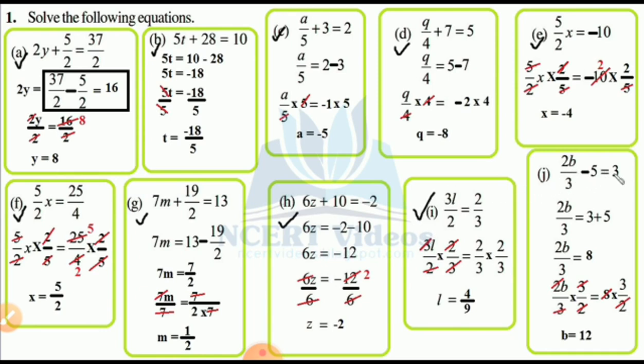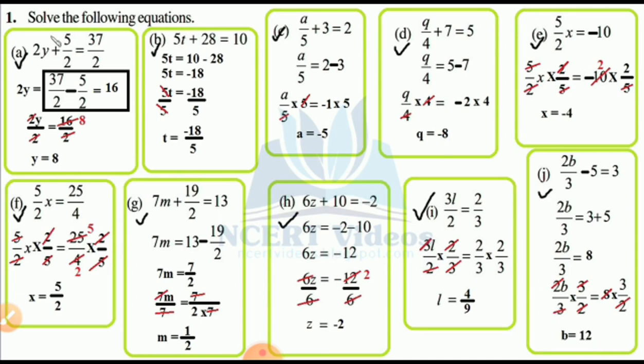Now try to solve this one. Minus 5 is transposing to the right side. Which sign will come here now? Yes, you are right, my dear student, plus sign. So 3 plus 5, 8. Reciprocal of 2 upon 3, उसको उल्टा कर दो बेटा. 3 by 2. Both sides 3 by 2, 3 by 2. Left side all cut. Right side 4 2s are 8. So 4 3s are 12. So b is equal to 12 is the answer.